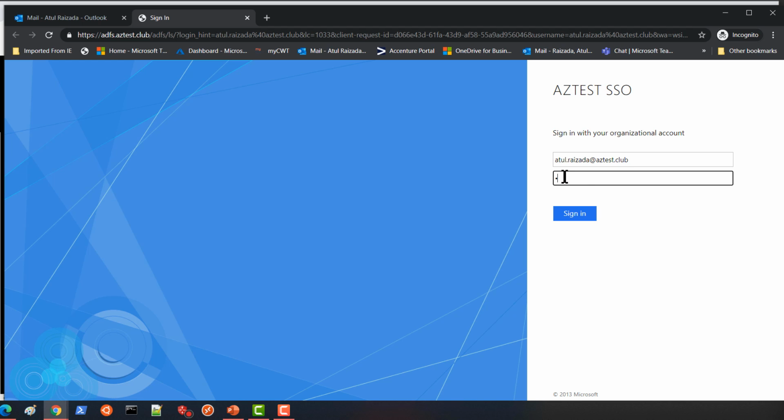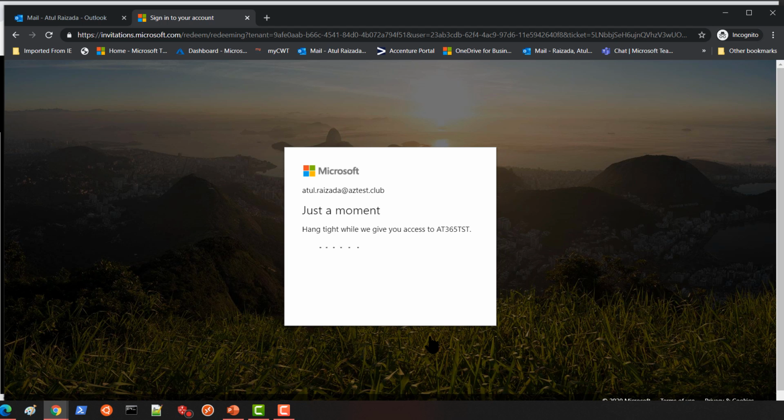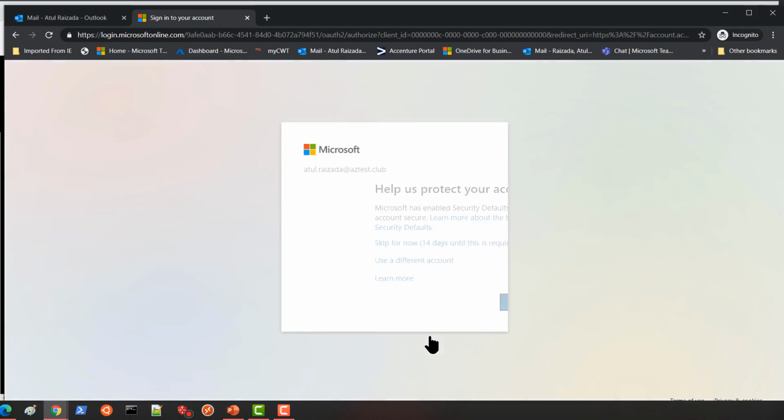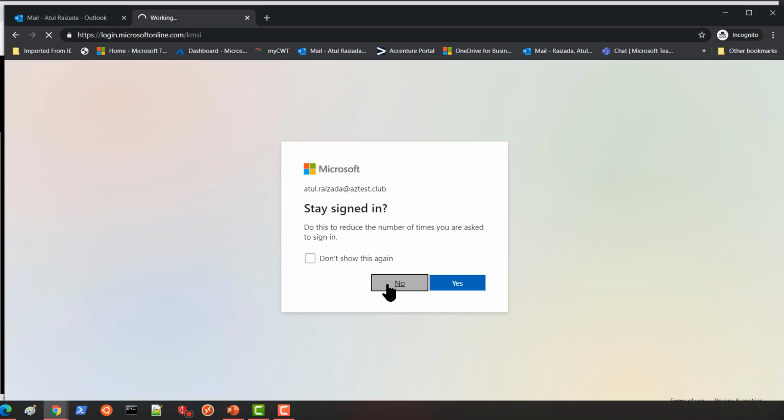So if I go here and see, this is review permissions, accept it. I don't have to create a password here like what we did for Gmail, because this is where we are taking advantage of Microsoft managed services, right? And then it's asking for the MFA here. We don't have to worry about it right now. And we are actually successfully registered now